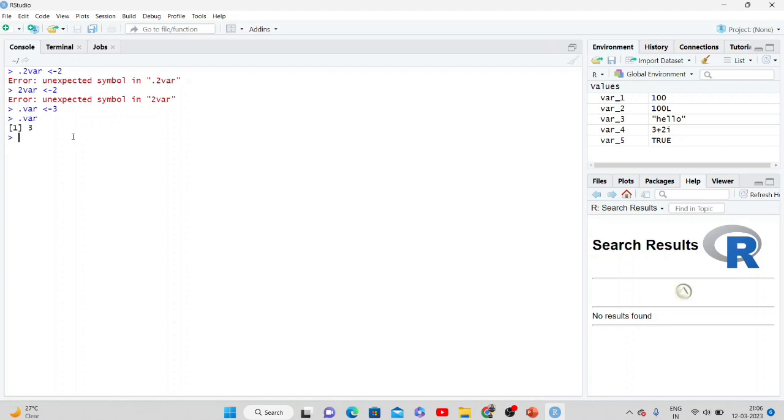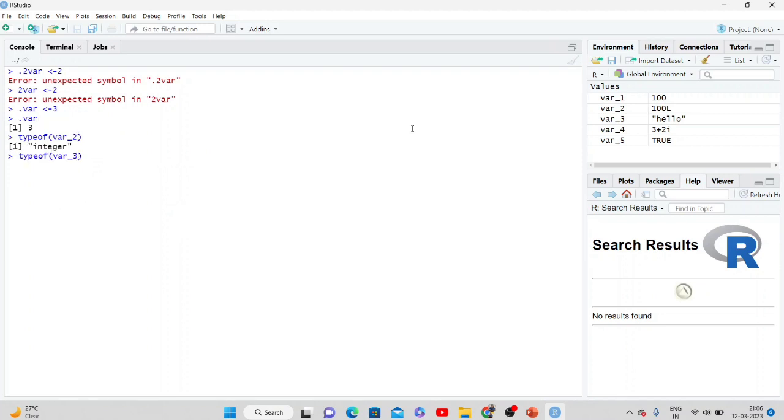As you can see here on the right side, there are 5 variables that we have created before. If you want to know what are the types of different variables, we can use the typeof function here. Typeof variable 2, it is integer.